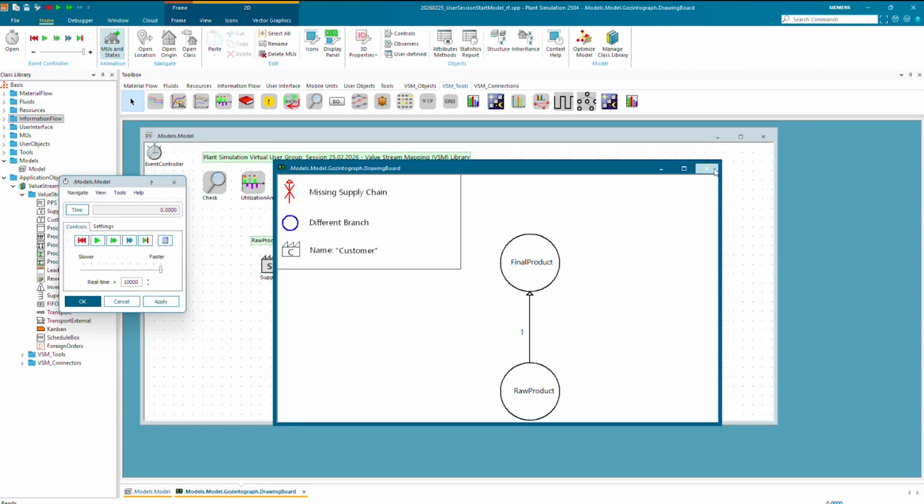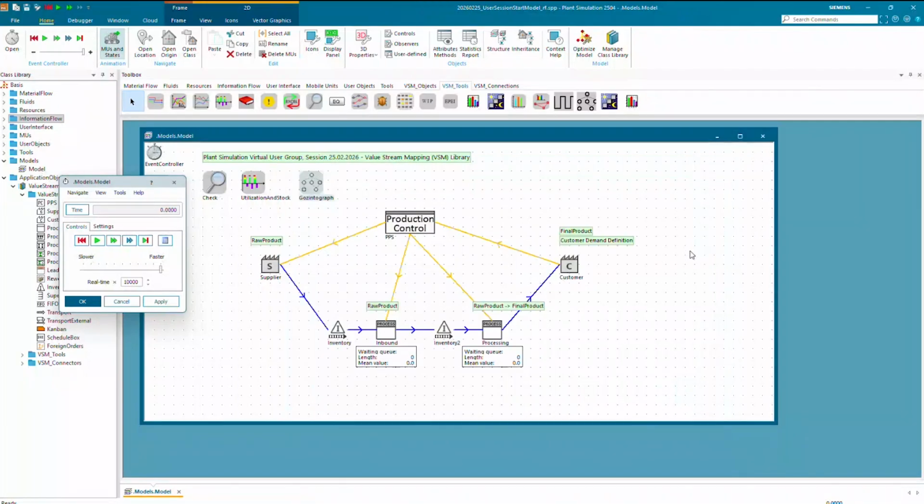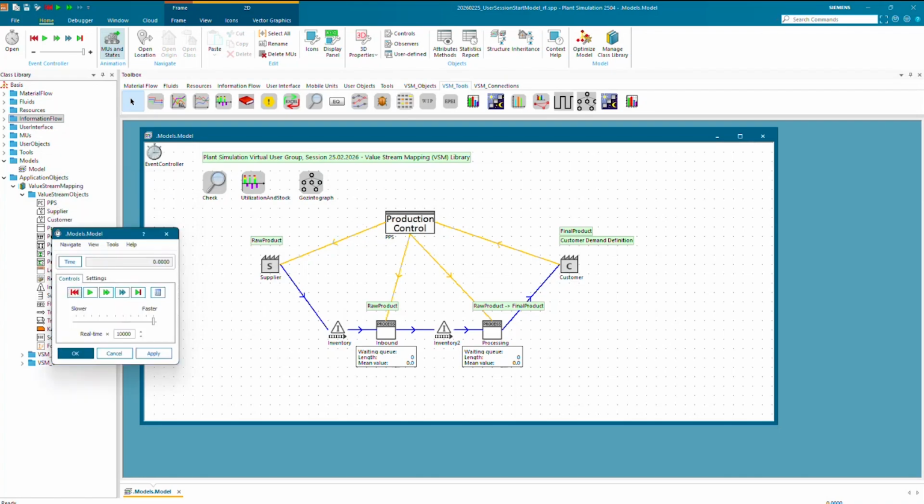But if you have several assemblies, this can be quite interesting and also quite complex, for further clearance of visualization and a simple understanding of a value stream. That's what the motto of value stream mapping always is: learning to see and learning to understand your shop floor, your material flow. All right, so